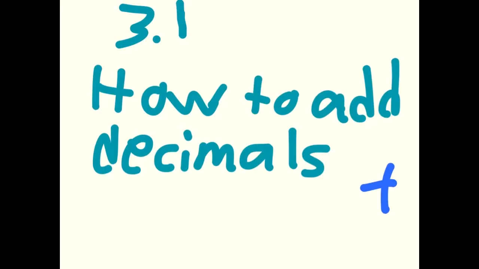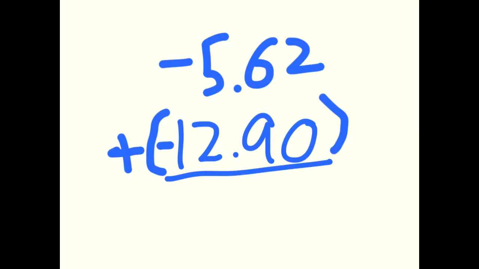Let's learn about how to add decimals, lesson 3.1. So, we have our problem here. Negative 5.62 plus negative 12.90. Negative 12.90, sorry. Okay, so the first thing you're going to do right here,